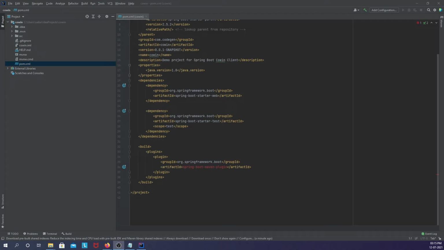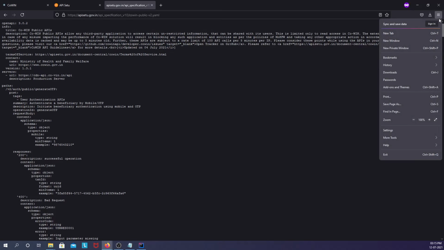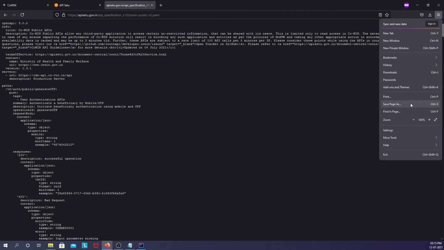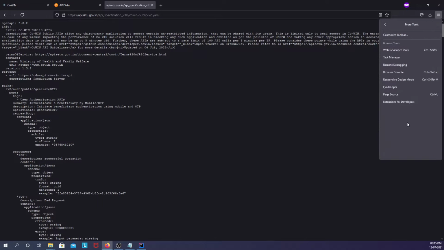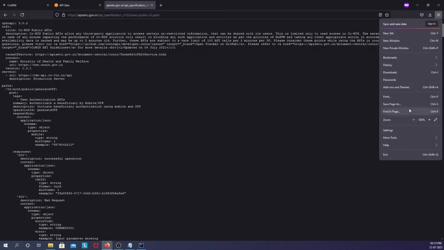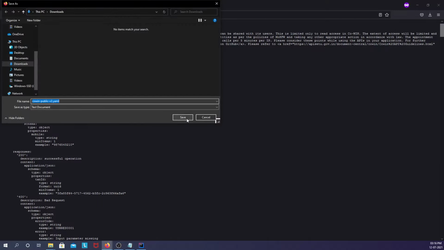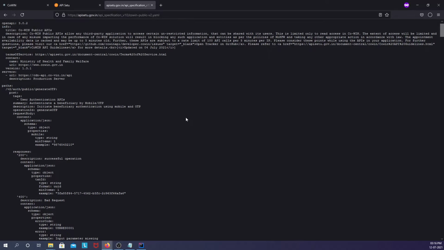Okay, first let me save this YAML file. After saving this file, right, we need to copy this to the project resources folder.